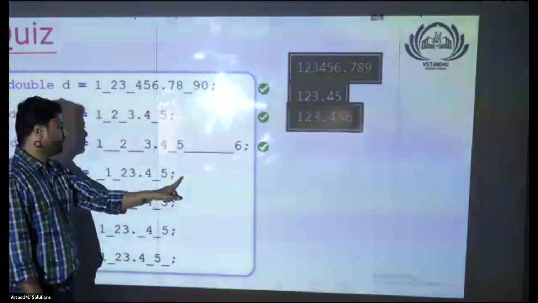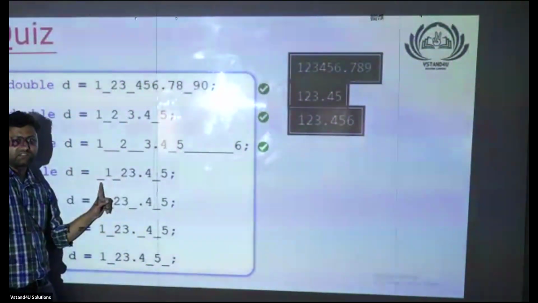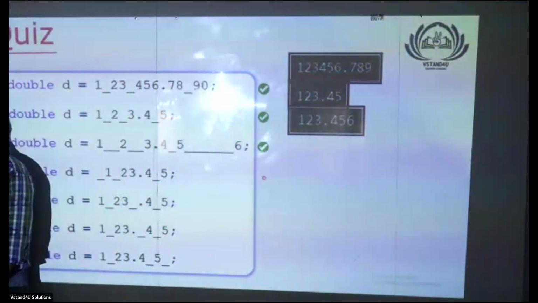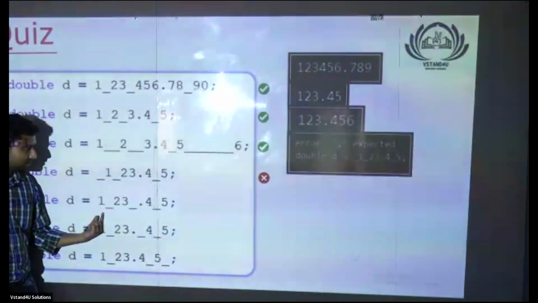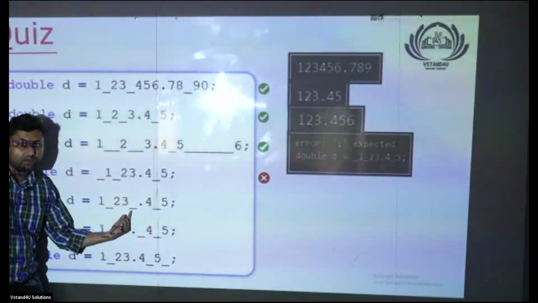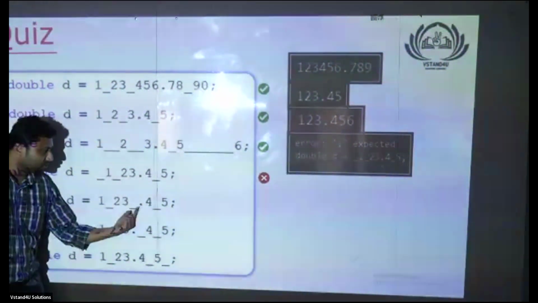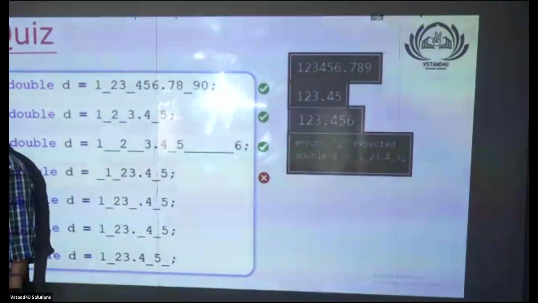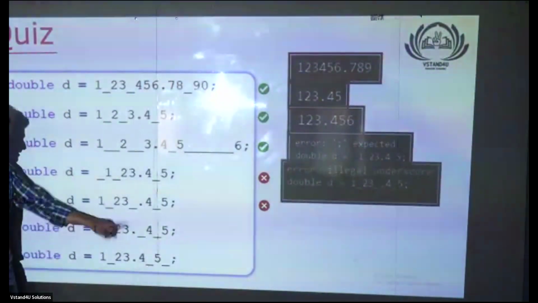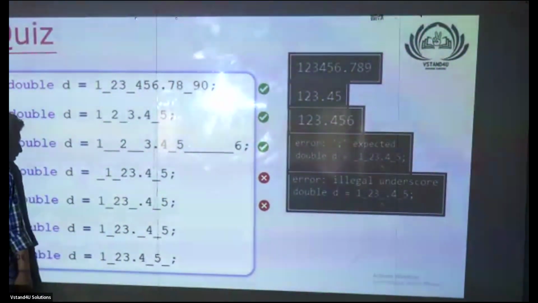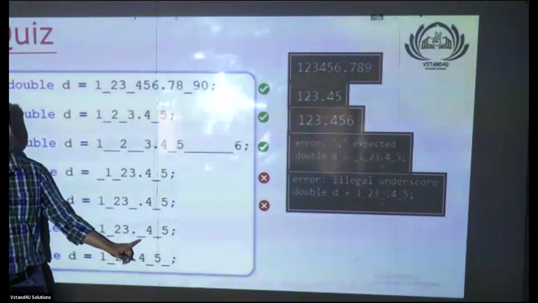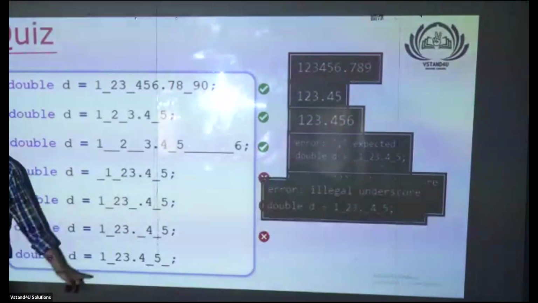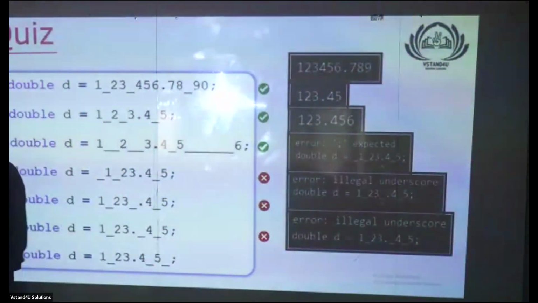Fourth one, is it between the digits? Fourth one, starting with underscore, sir. This is not allowed. Agree? Am I clear? This is not allowed. Next. Sir, second one, is it between both the digits 3 and decimal? No, not allowed. Agree? Rule is clear. Next, what is the problem? After the decimal is starting, this does not have the digit. Agree? Next, last one, what is the problem? Ending with the underscore. Agree?